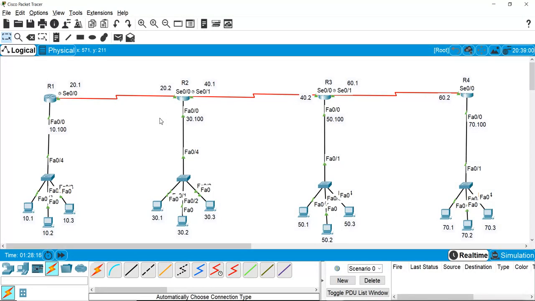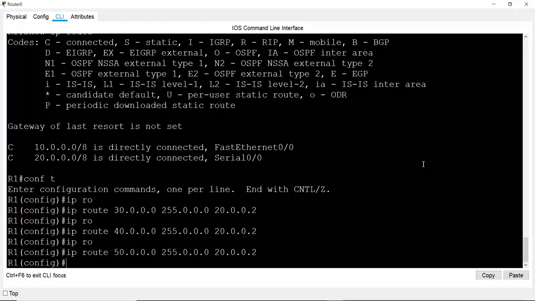So that means you can go to as many networks as far away, but the first router will always be router 2. That means if you go to this side, the first router you will meet is always router 2. So your first hop address will always be this, because you are going to this side. Now 50 is done. Now 60 and 70 are remaining. So I will mention 60 now.